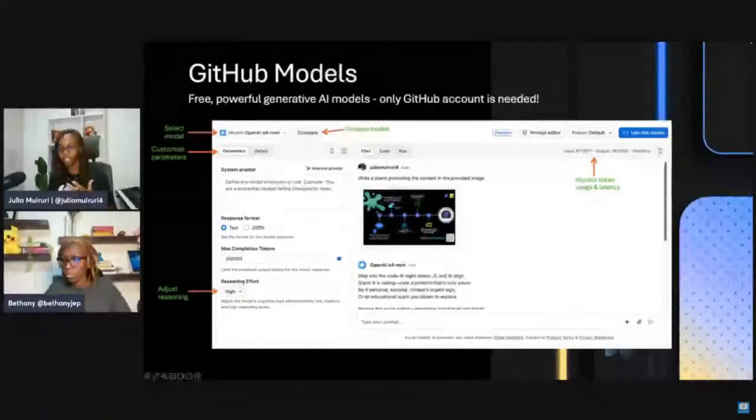But then I realized, especially if you're in the tech space, you want to interact with these models more to understand how they work, what limitations they have, and what safety guardrails to put in place, especially if you're going to be building AI experiences for real-world customers. So GitHub models, for me, is that one step that removes all the barriers of entry, because all you need to access all these models is basically a GitHub account. This is one of the most interesting concepts that you went through.